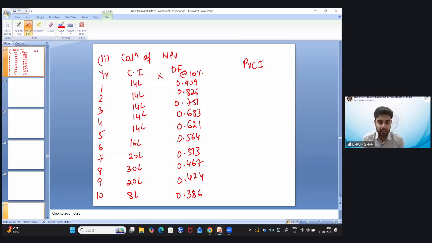Simply multiply the cash inflows of respective year with its respective discounting factor and tell me what